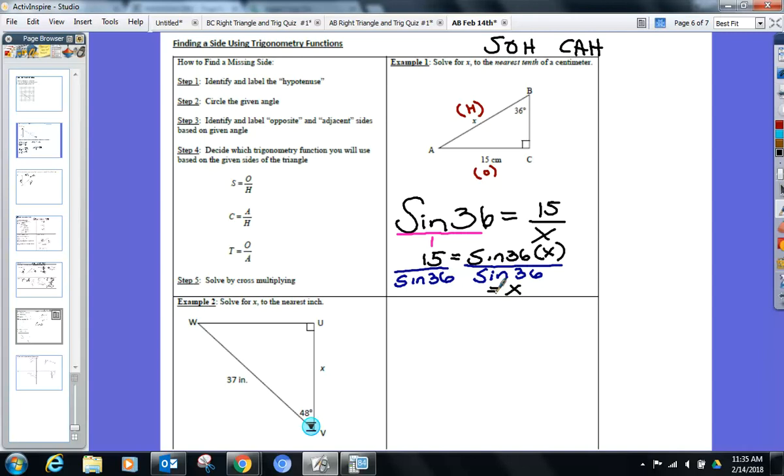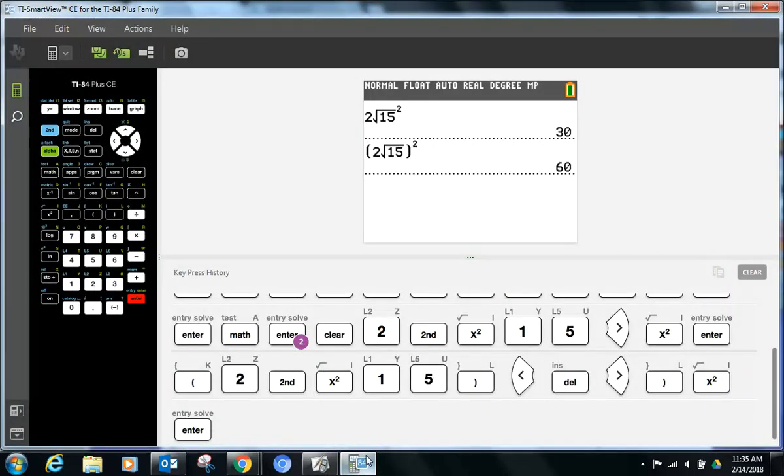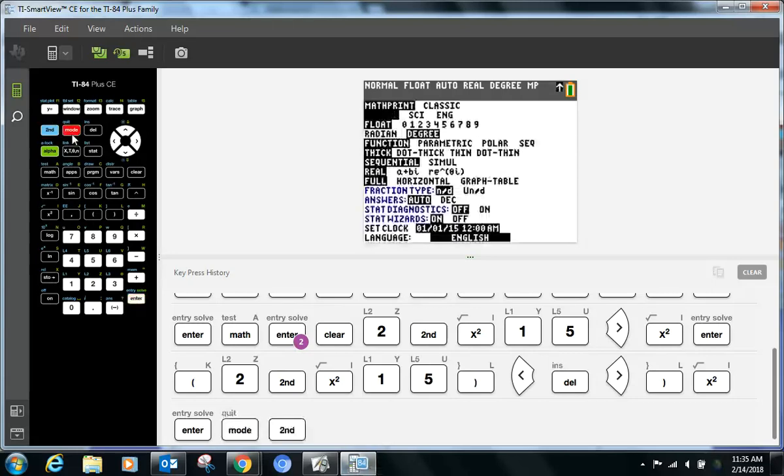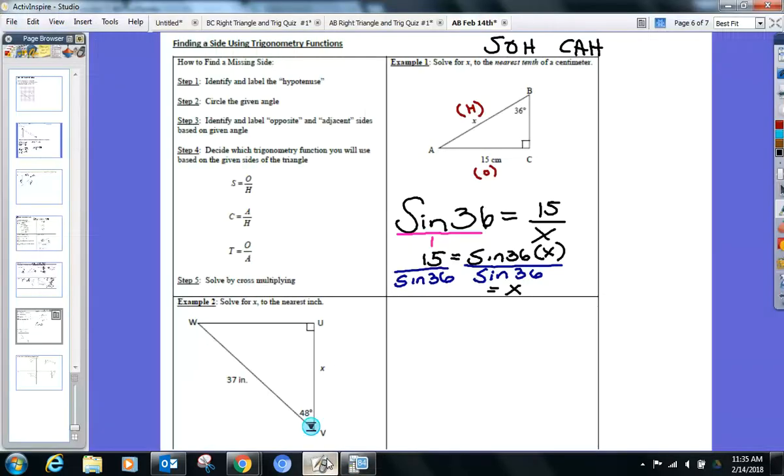Okay? Before you do anything, don't get ahead of me here, champs. You need to make sure your calculator is in degree mode, because that's 36 degrees. If it's in radians, which we'll talk about later on in the year, change it over to degrees, please. Or you'll be like, why am I getting no answers correct? Make sure it's in degree mode. Everyone in degree mode? And what are we trying to find the value of? 15 over